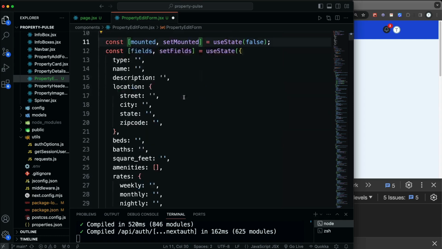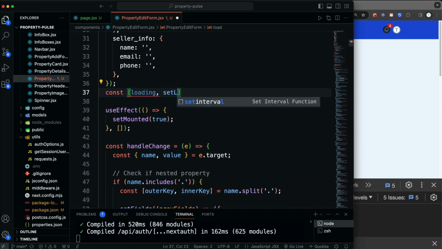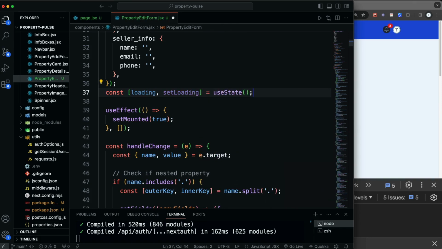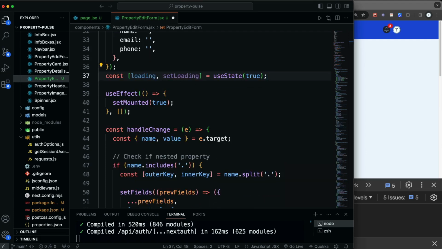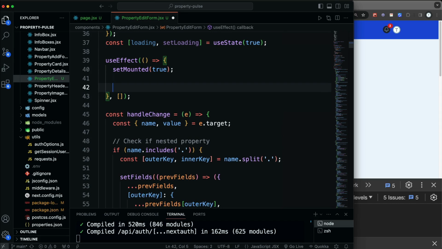And then I'm going to add a loading state as well. So right under the field state, let's say const loading, set loading. That will be from, let's say, use state, and that'll be true by default. All right, so now we're going to fetch it from our use effect because we want this to happen when the page loads. So let's go under the set mounted here, and let's say fetch